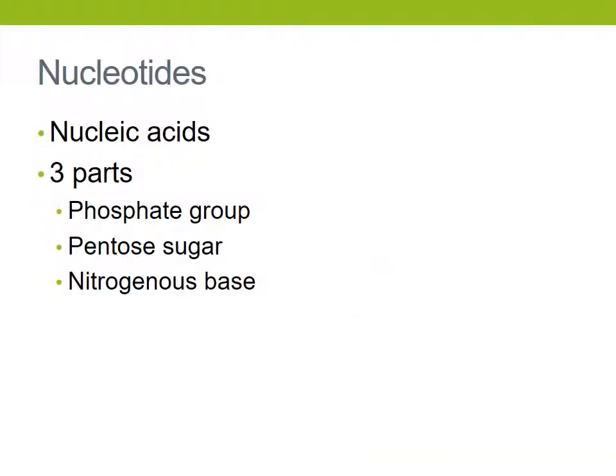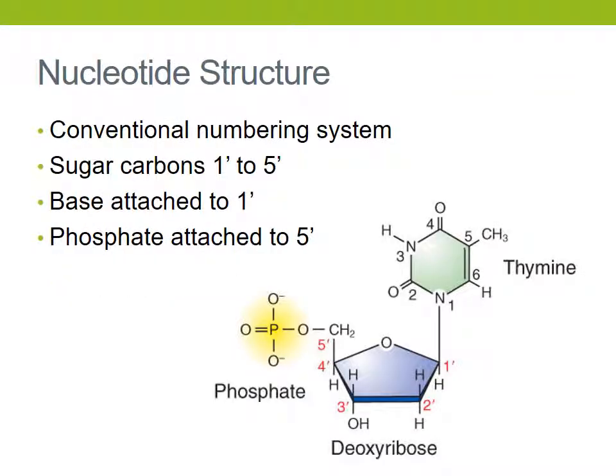So you learned this earlier on in the semester, so we don't need to spend a lot of time on this, but nucleic acids is a category of what you find for DNA, and that's a type of macromolecule. And the building blocks are the nucleotides, which contain a phosphate, a sugar, a 5-carbon sugar called pentose, and a nitrogenous base, meaning containing nitrogen. Okay, here's the structure of a nucleotide. Again, a phosphate,